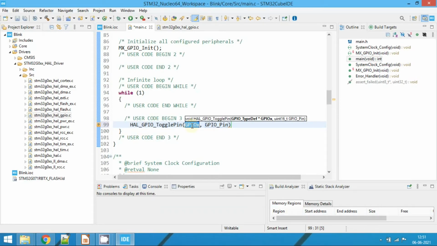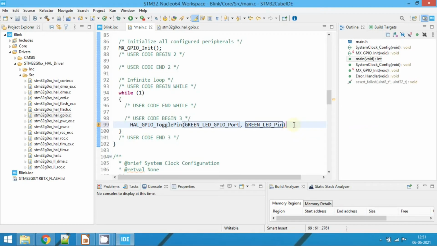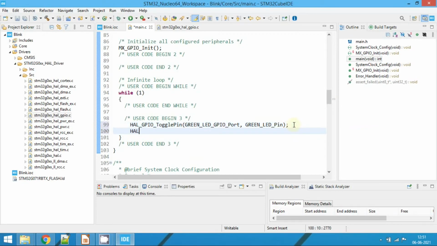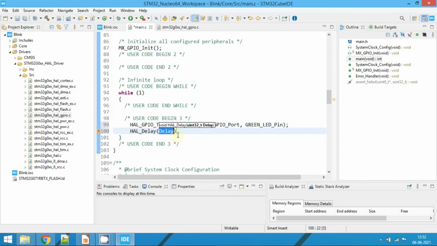We have named that green LED GPIO port, and the pin is green LED pin. Then call the delay, and the delay function is HAL_Delay. The delay provided by this function is in terms of milliseconds. We would like to toggle the LED with a delay of 500 milliseconds, so pass 500.